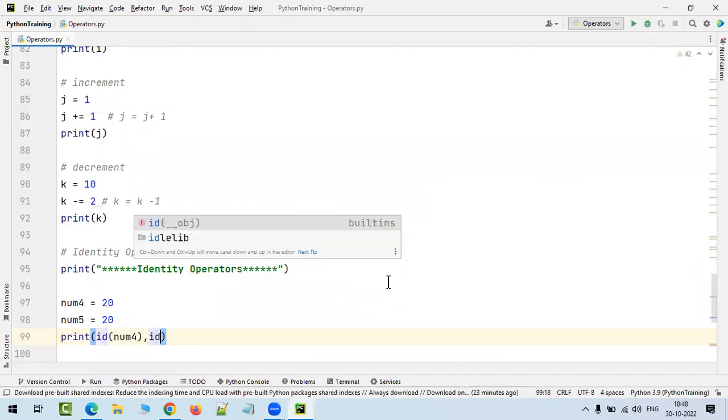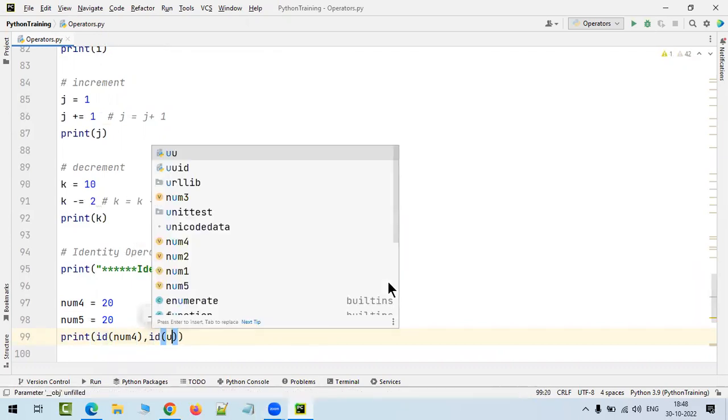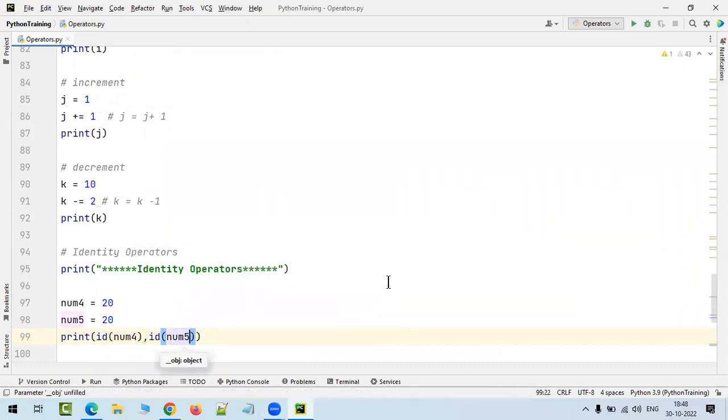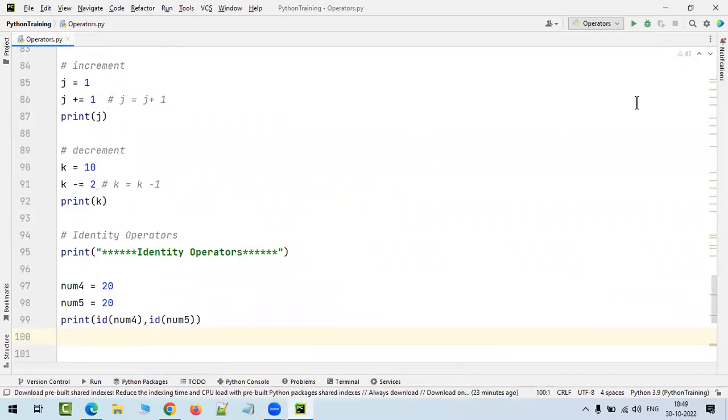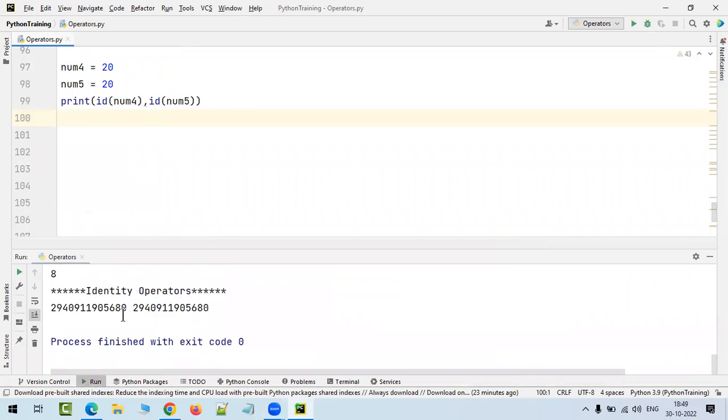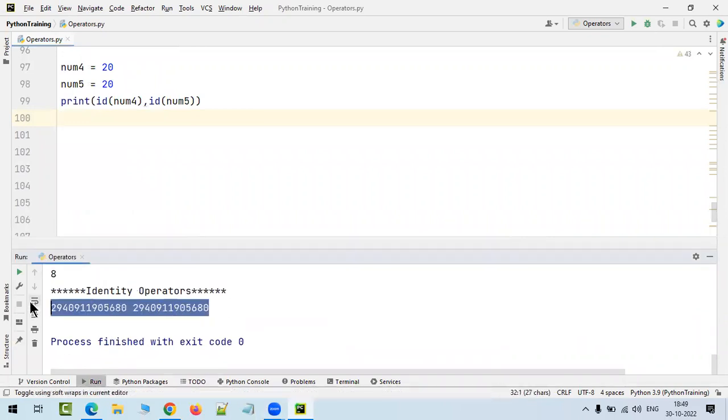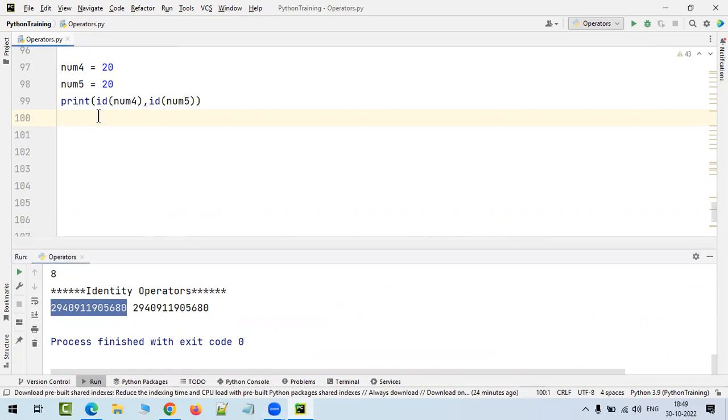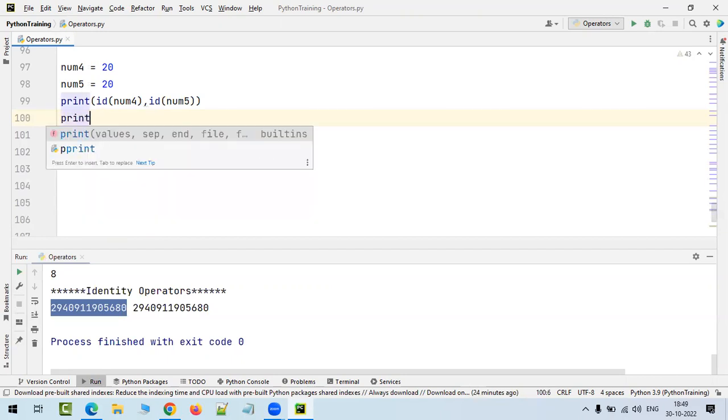Let's check it. id of num4, id of num5. So if I run this, see, both of them are the same. It means the same memory location. Now I want to confirm this without checking the ID. So what I can do is